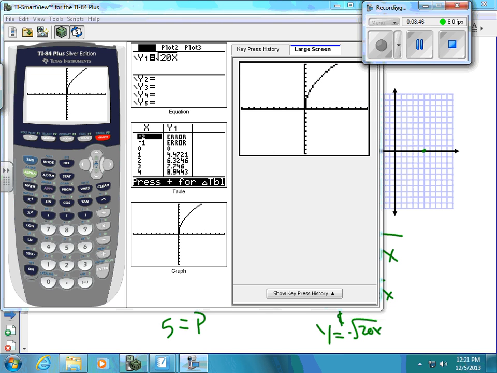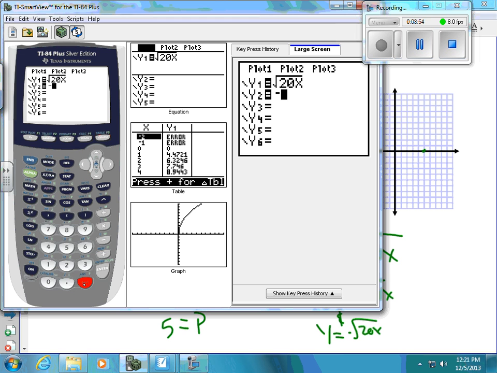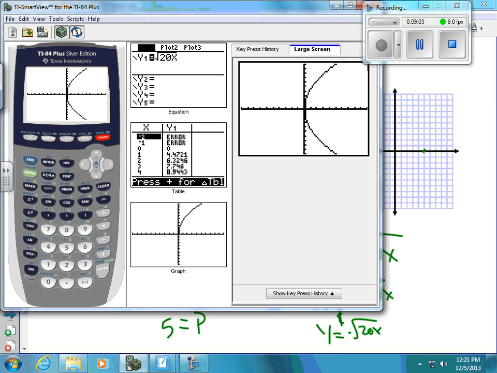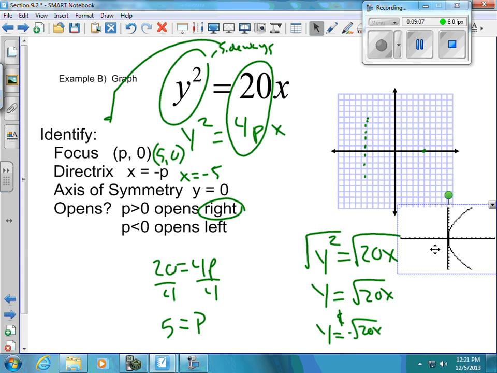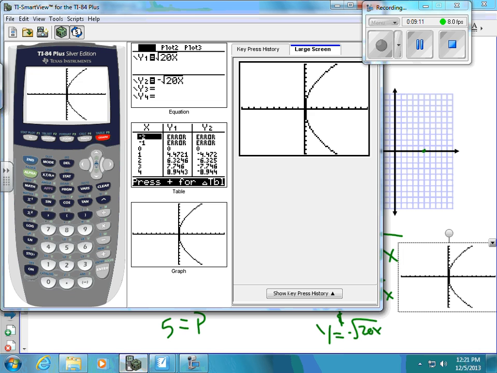See, look at this one. You only get that top half. We know it's a sideways parabola, so that's only half of the parabola. So that's why when you take the square root of both sides, you've got to remember to graph the negative square root of 20x. And the negative's on the outside, so it's not going to make anything imaginary. Don't freak out. So now if we do this, we can trick the calculator into graphing that sideways parabola for us. And we can go to our table,